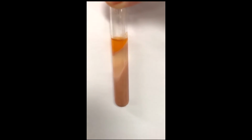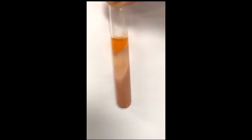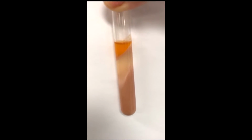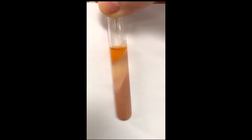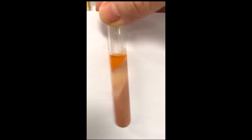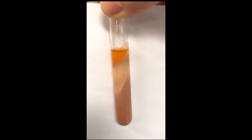And this is what it looks like when it comes out of the centrifuge. So there's a pink, chunky layer at the bottom. There's kind of a, well, it's supposed to be clear. Maybe I didn't spin this quite long enough, but there's kind of an opaque looking liquid in the middle,